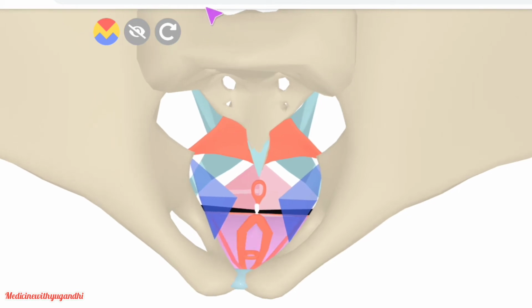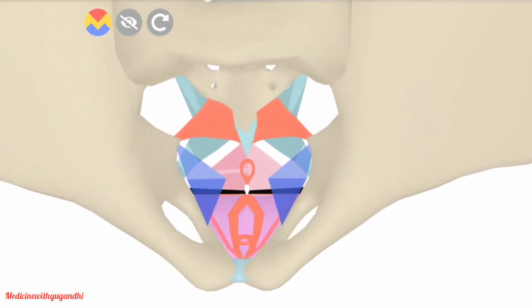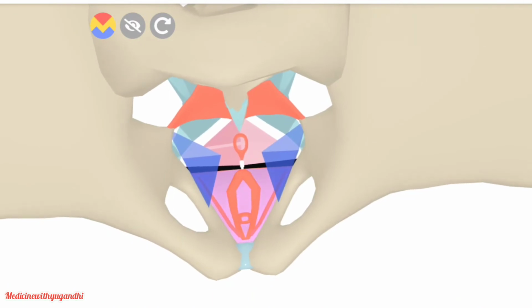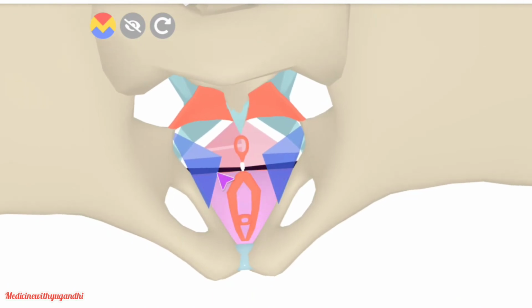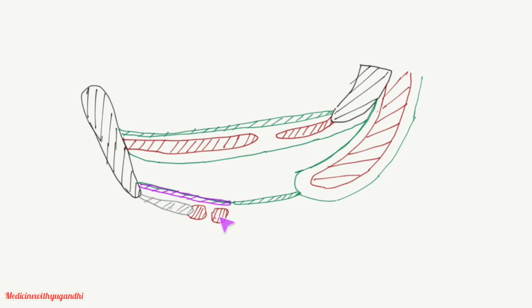Since this is a parasagittal section, the ischiocavernosus muscle is also shown in that diagram, right? The plane passes here, so it is included in that. So this is the ischiocavernosus muscle. And you can see here, this is the deep transversus perineal muscle, and beneath that you could see the superficial transversus perineal muscle. Hope now you could orient yourself. See, this is the ischiocavernosus muscle, and behind that this is the superficial transversus perineum muscle. Deep transversus perineum is not shown here, right?